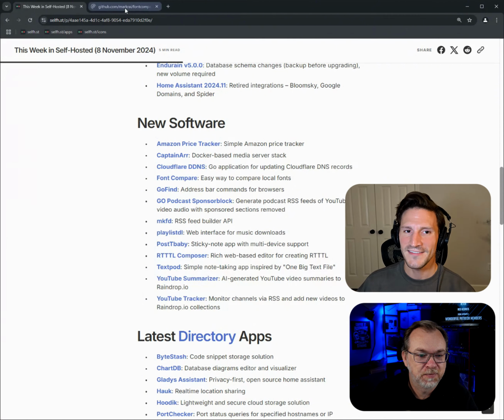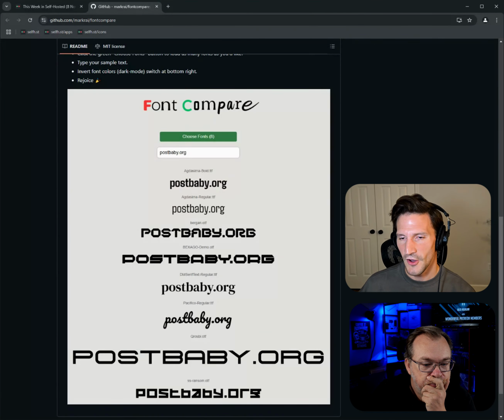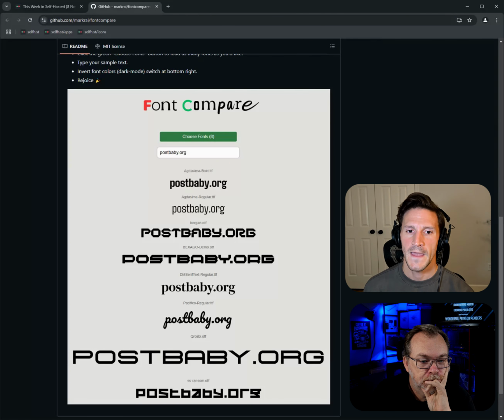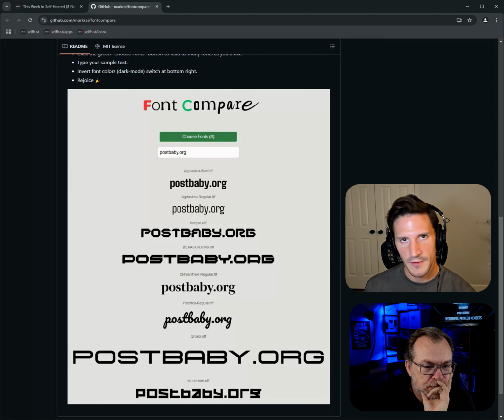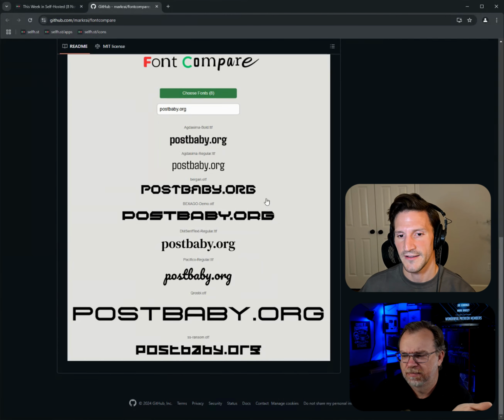And so this is just very simply a project that replaces all the other websites out there that people go to when they're looking for a font. You can essentially load a bunch of fonts into it, start typing text, and just get a really nice preview comparison of what it would look like in different fonts.